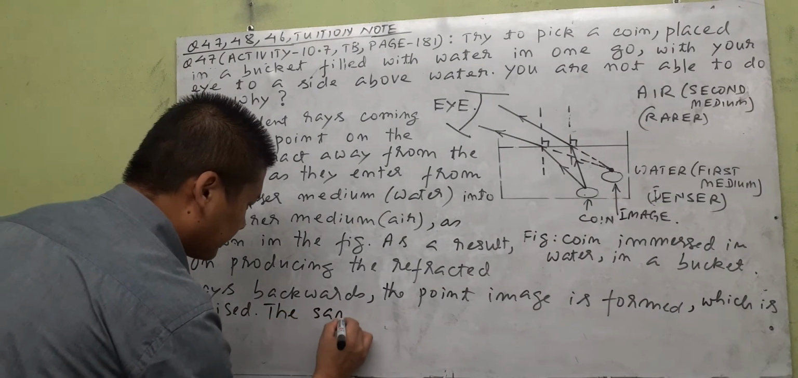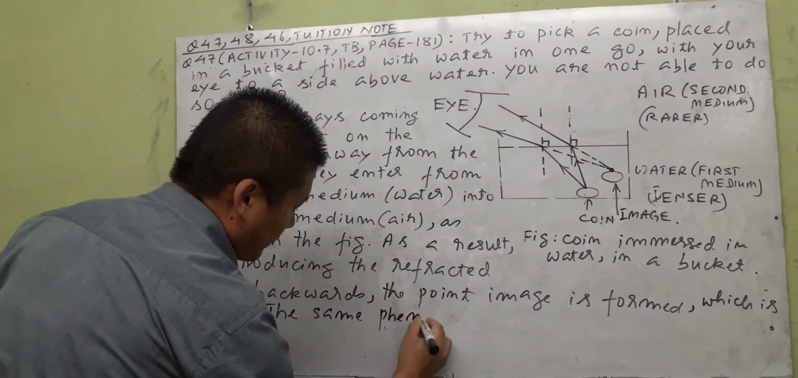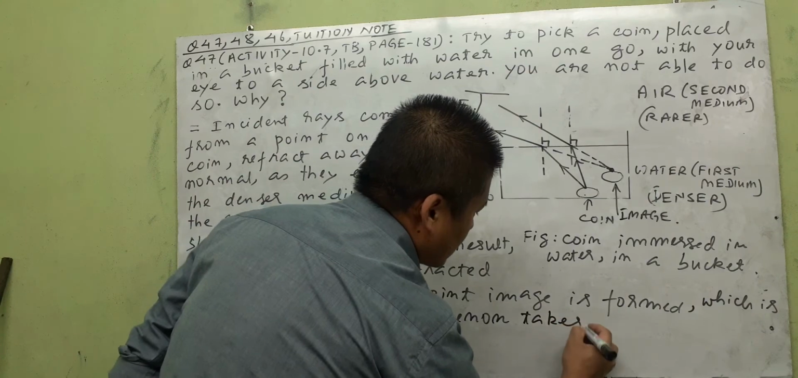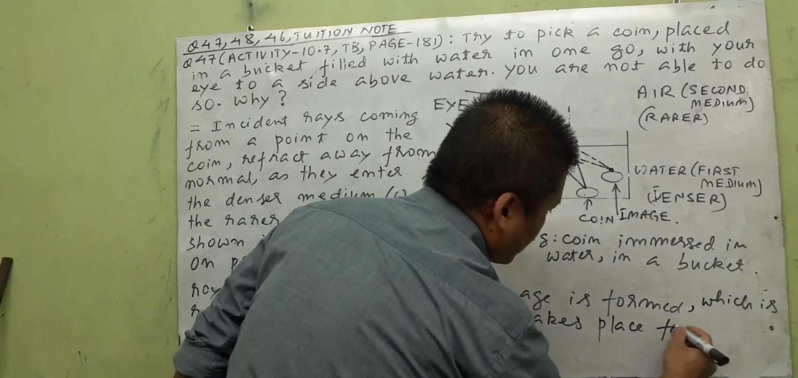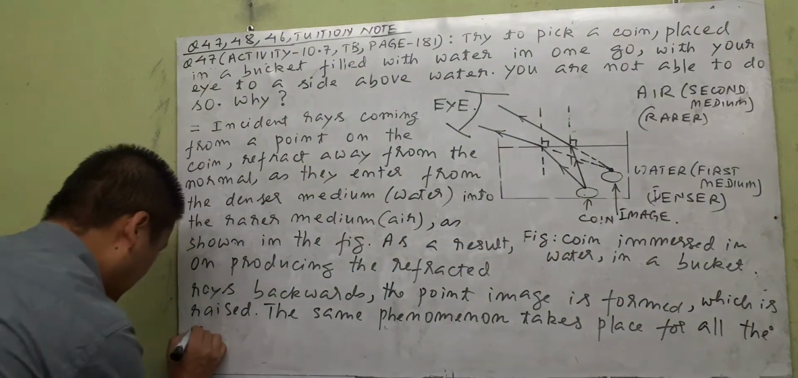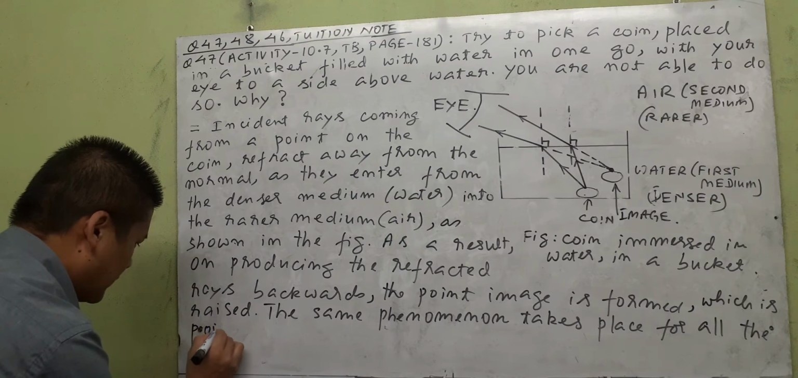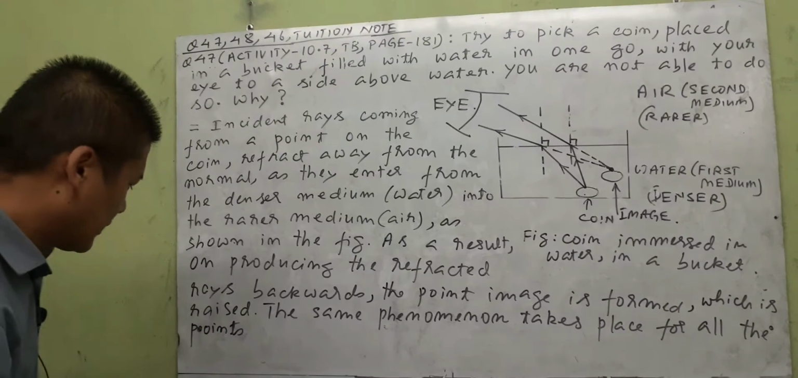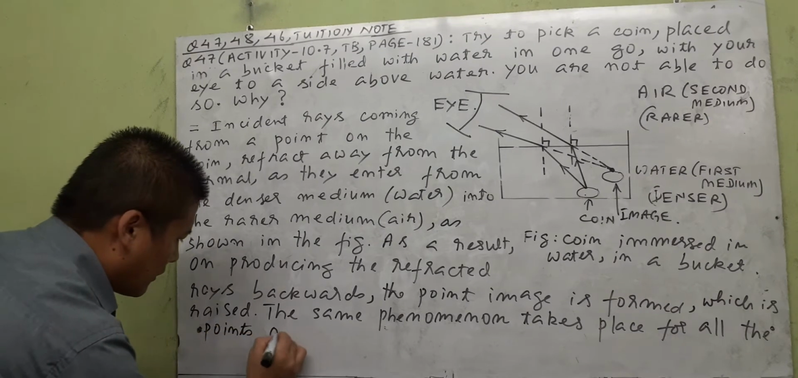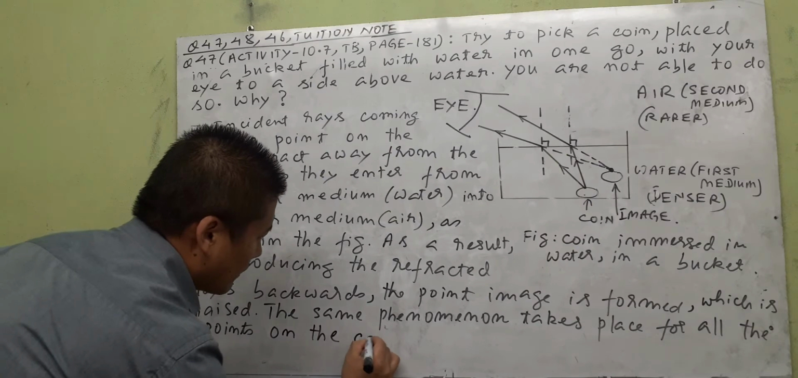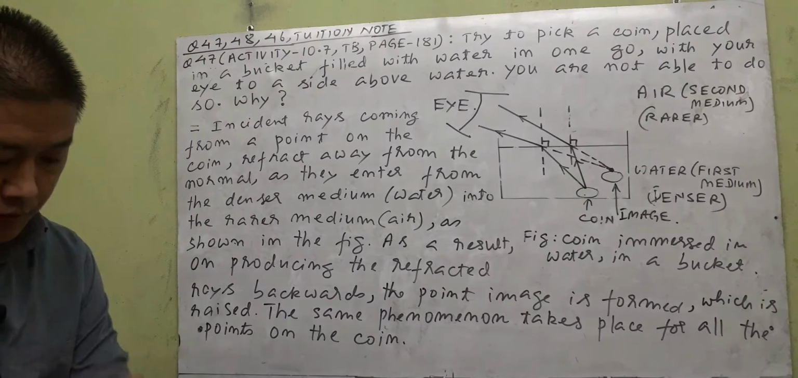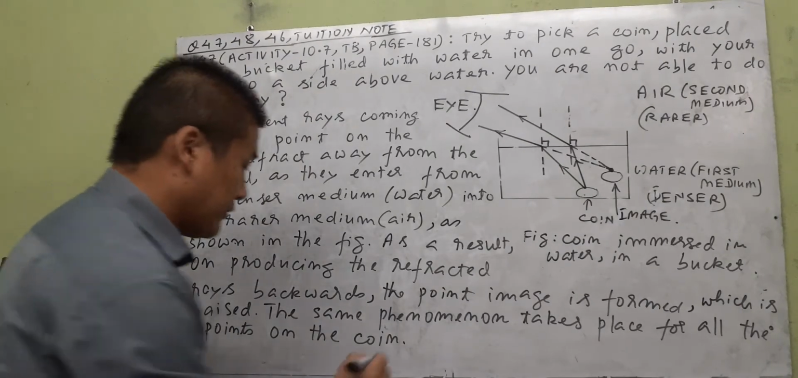The same phenomenon takes place for all the points on the coin, okay? Because of this, the image of the coin appears